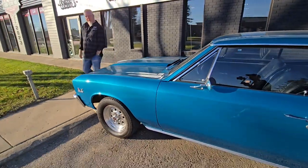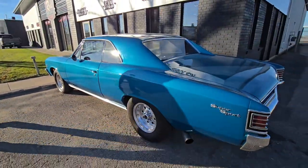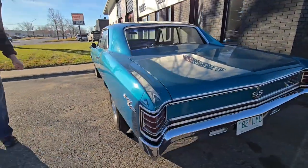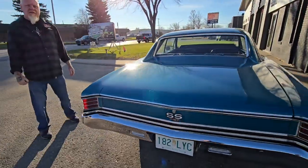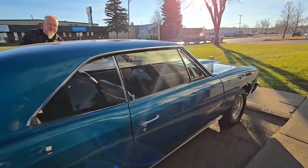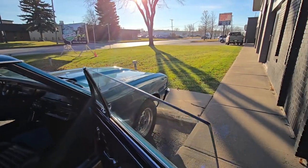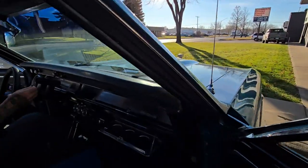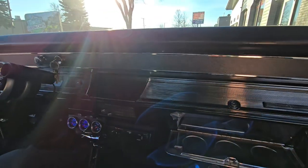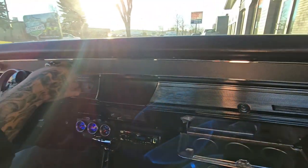So, we're just getting our eyes on this 66? 67. 67. Chevelle SS. The real 138 VIN, 396. Holy. Gonna hop in here, go for a little cruise over to the shop. I see we got to get this going, but